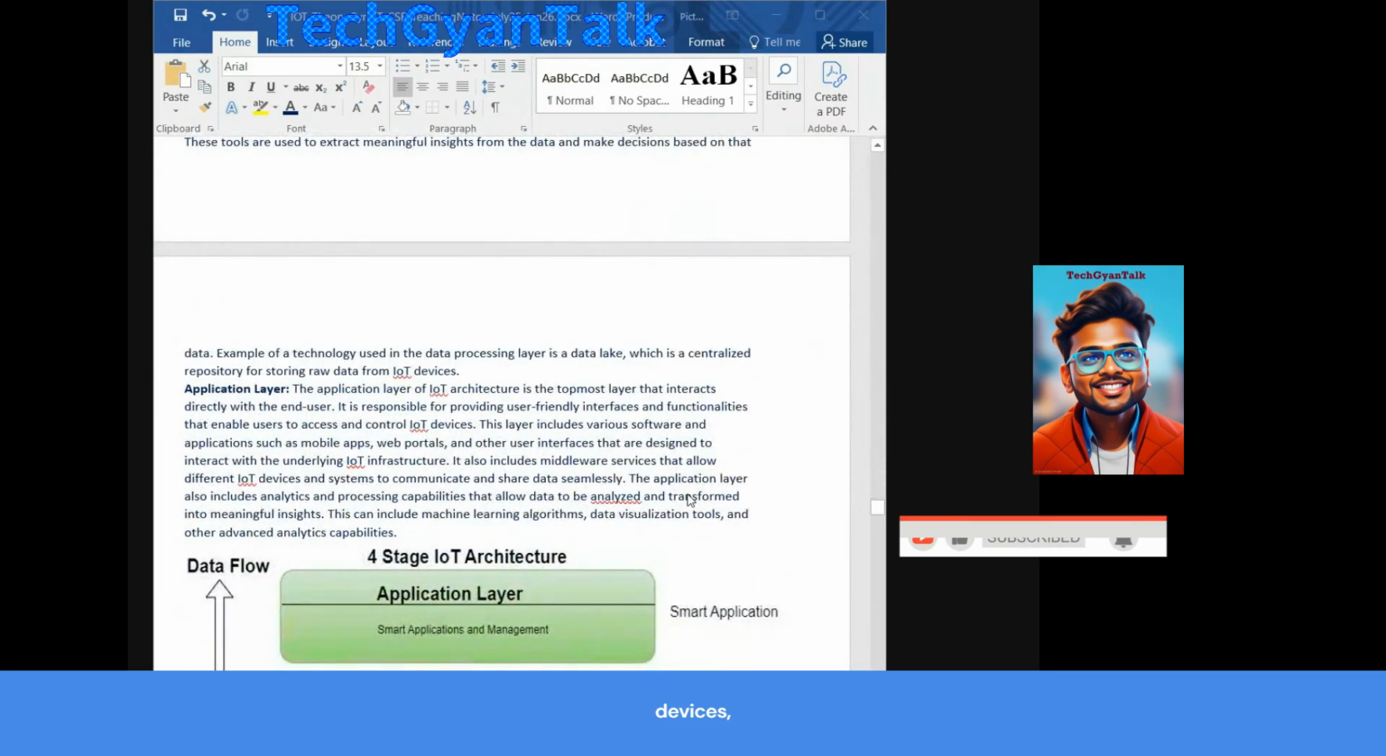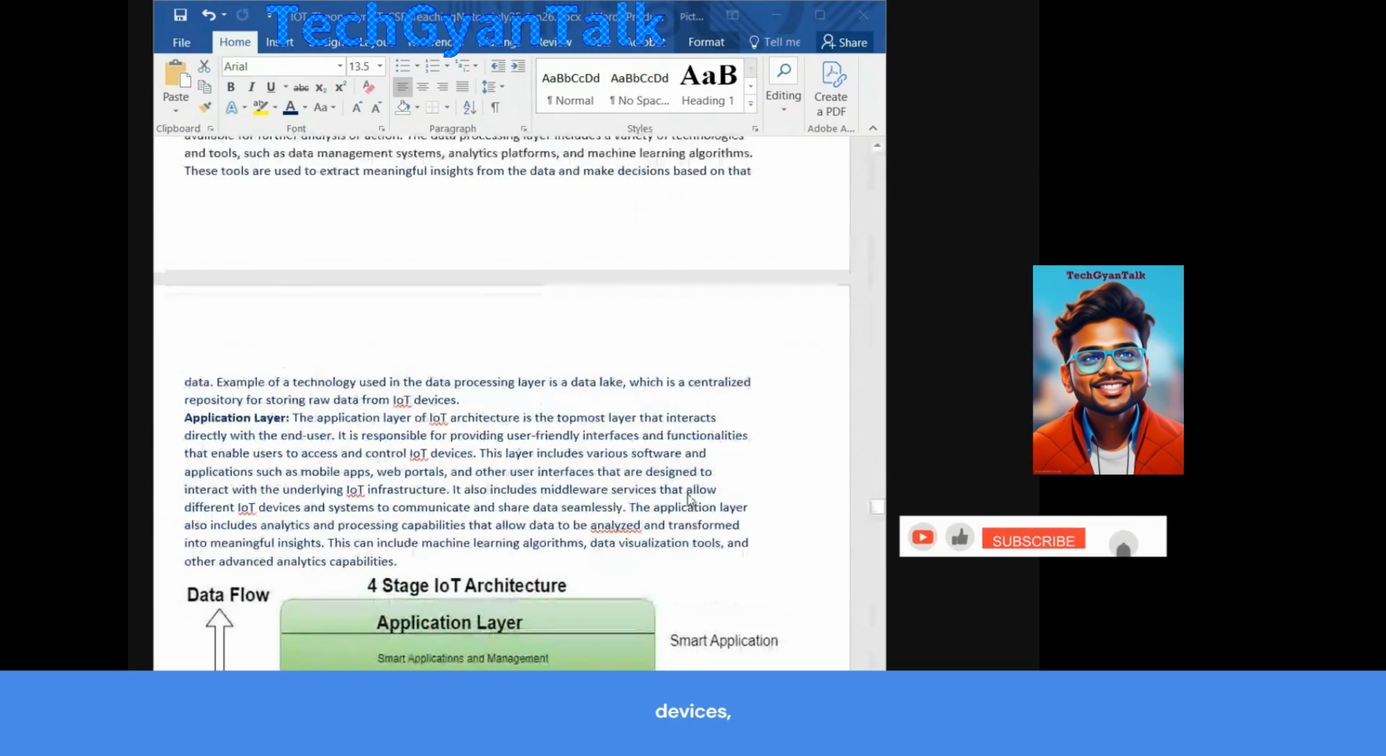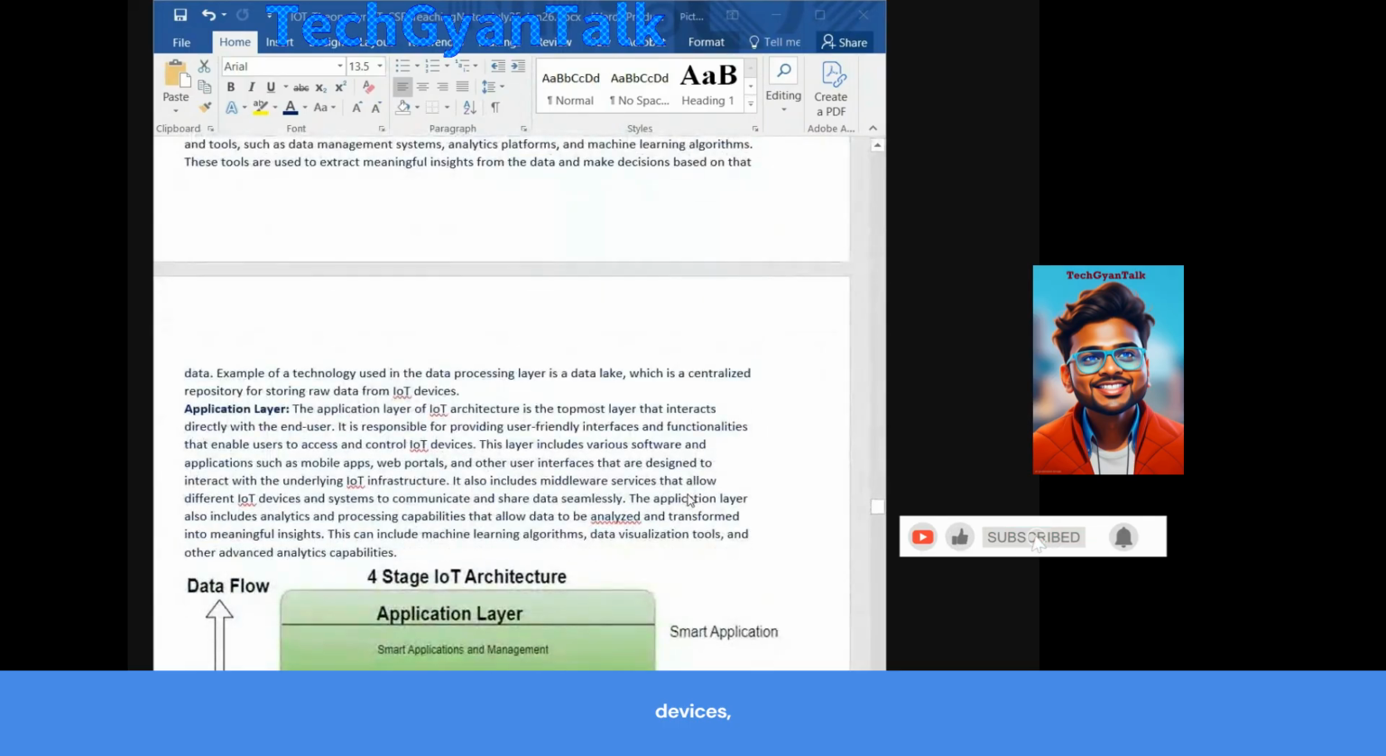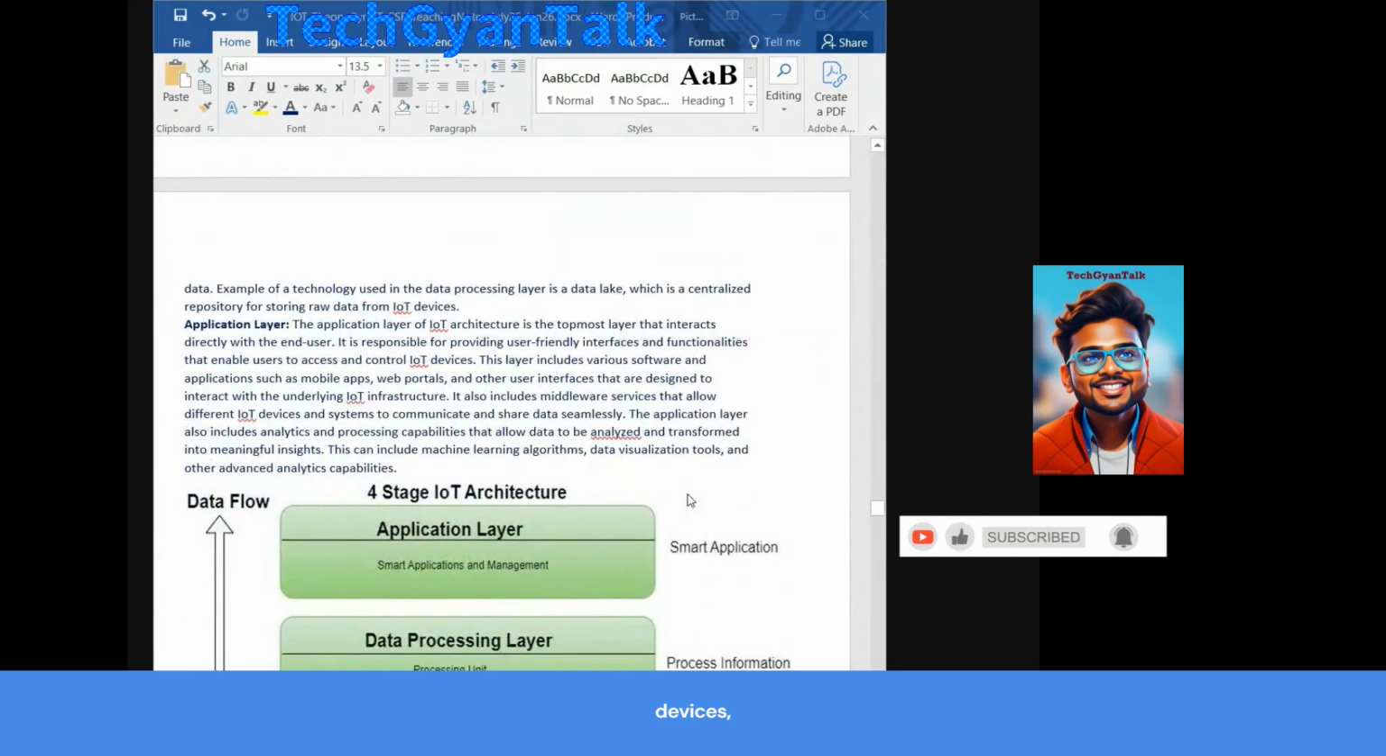Application layer. The application layer of IoT architecture is the topmost layer, where a user interacts with the sensor or other layers via applications on the mobile or on the computer. It is responsible for providing a user-friendly interface and functionality that enables users to access and control IoT devices, and whatever happens in the data processing layer, the data analytics and insights, can be viewed